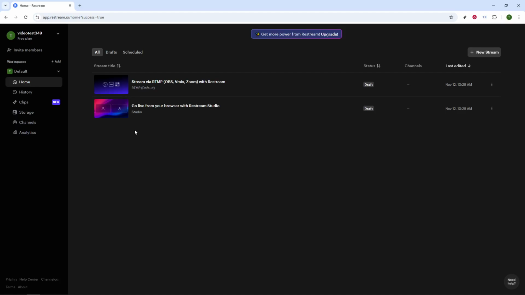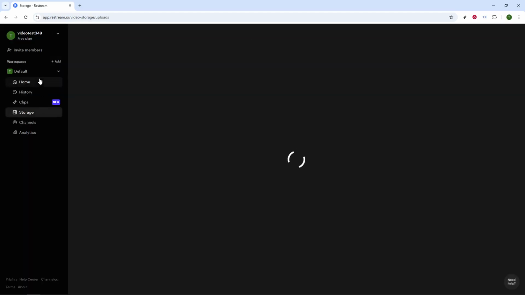It's important to note that you have the flexibility of adding multiple channels. Once you've added your preferred platforms, you'll notice that you have the option to toggle them on or off for any given stream. This feature allows for maximum flexibility, whether you're hosting an industry-specific live chat or a broad multi-platform